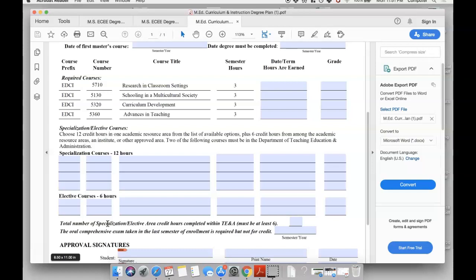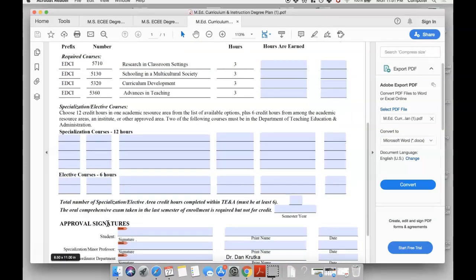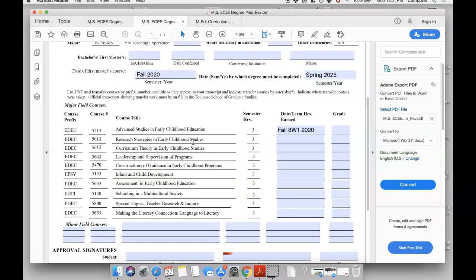there's not going to be any sort of hurdles later. And then for the Masters of Education in Curriculum Instruction, there is an oral comprehensive exam that's taken in the last semester. So after you've developed your plan, hopefully with me, we can know approximately what date you're going to be doing your comprehensive exam. For both degree plans, the last step, and